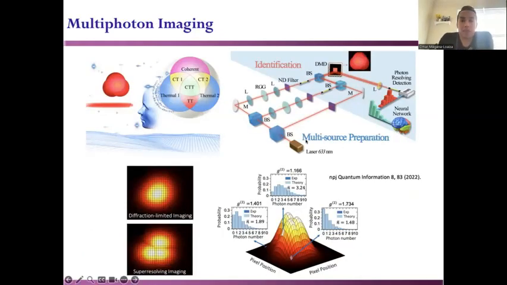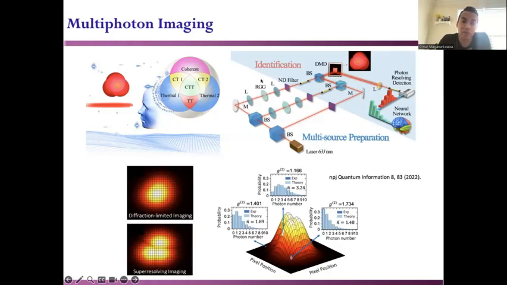So recently, people have been using all these different forms of interference in multiphoton systems, for example, for imaging. In general, diffraction establishes a resolution limit on the imaging. For example, if we have an optical system and multiple sources that are very close, we will identify them as a single spot. However, by using photon number resolving detection and identifying each of these interactions, we can increase the resolution from something that looks like this to something that looks like that.